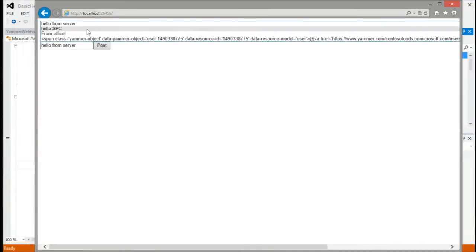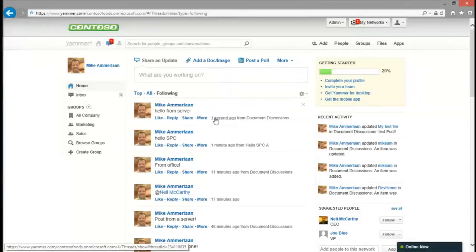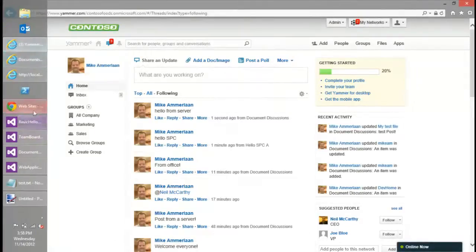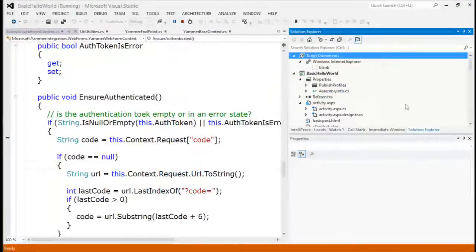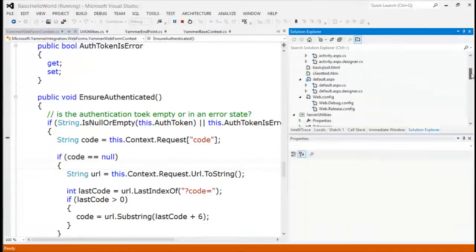And so this is my list of messages from Yammer. It's not the world's most attractive UI by any sense. And you can see, of course, in Yammer, it already shows up there as well. Now, the way I implemented this was actually as an ASP.NET web form. I know that's not the most modern or maybe sexy technology for doing it, but just to show you,